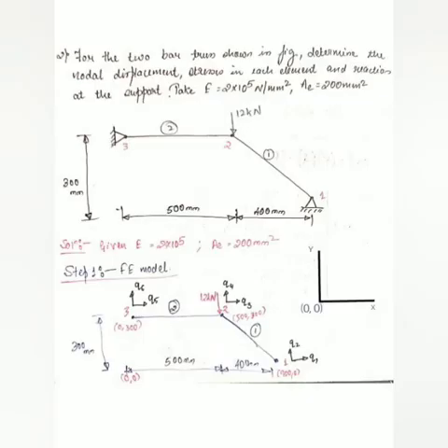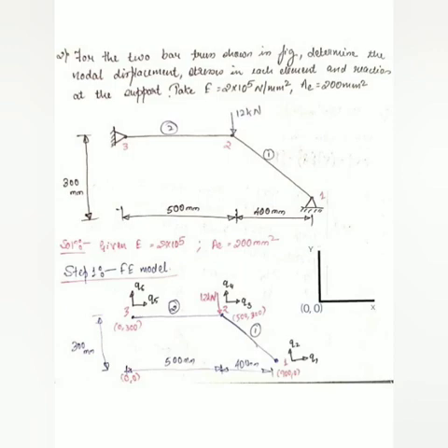Problem number 2 on trusses, which is shown in the figure. There are two elements in this problem and three nodes. Node 1 and node 3 are fixed, meaning the displacement along x and y direction at both node 1 and 3 are 0. This concept will be used when we apply the boundary condition using the elimination method. So only the displacement at node 2 will be obtained.